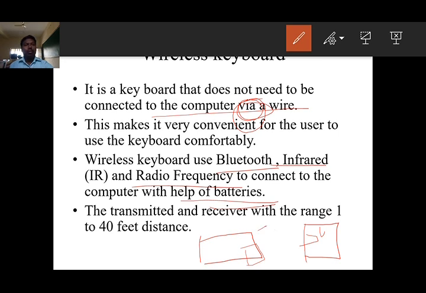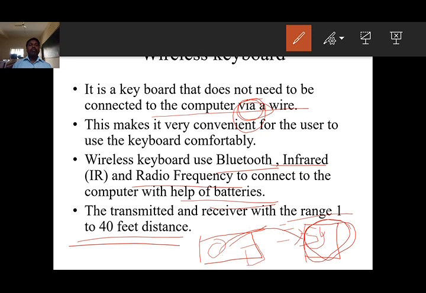Whenever you press a key, it will send a signal to the receiver. The receiver will receive the signal from the keyboard, then transmit it to the CPU, which means the computer. Understand? And we can connect within a range of 1 to 40 feet.